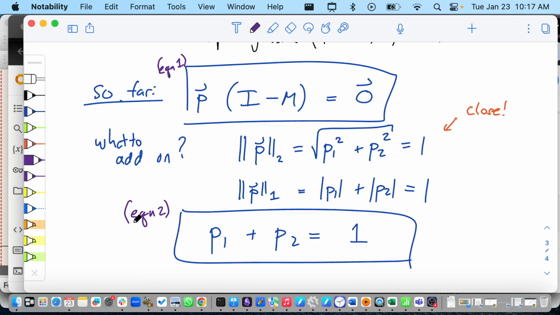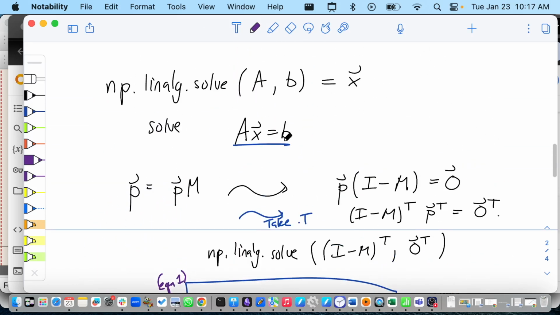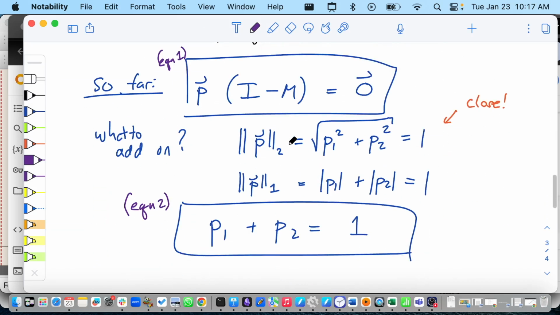And any linear equation you can always write as some kind of Ax equals b, where A is the matrix that stores all the left-hand side, and b is the vector that stores all the right-hand side. So we can interpret this whole thing, which is really 2 equations, as one big equation with a big matrix A that stores everything. And so what we're going to do is we're just going to stack.